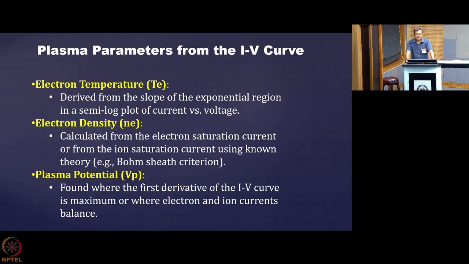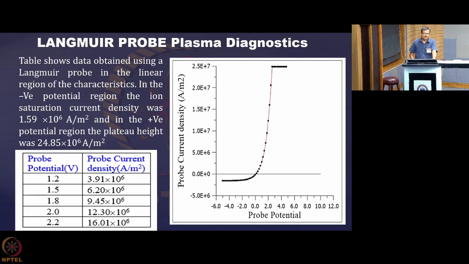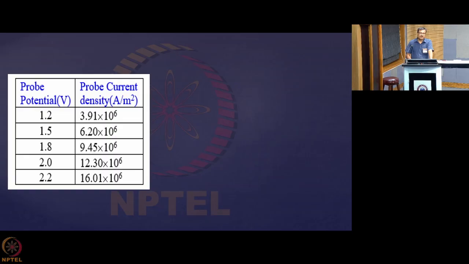Okay. Now we will do one tutorial in the tutorial class, where we will note your probe current and probe potential, and we will try to find out the electron number density that you can calculate from there. So we reserve for our tutorial class the finding of the actual number density and electron temperature when we are given a chart of potential and the measured probe current. So we will do that in our tutorial.